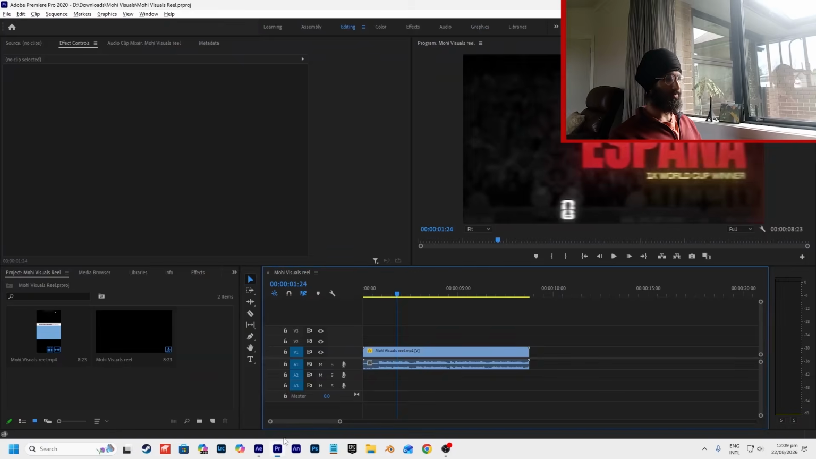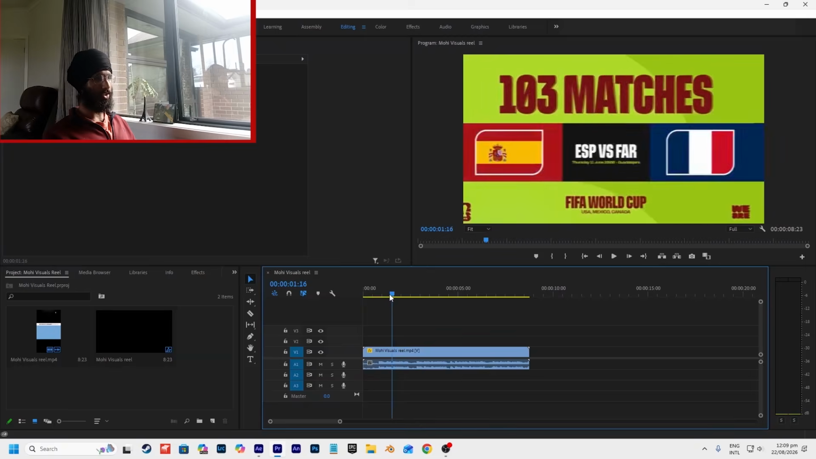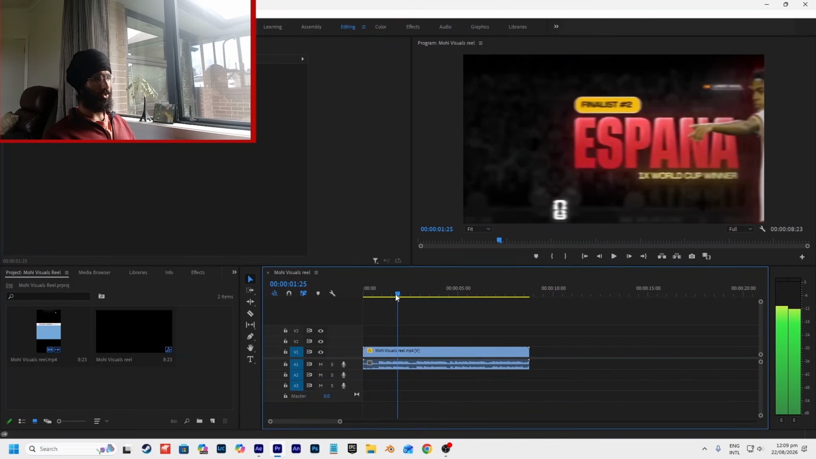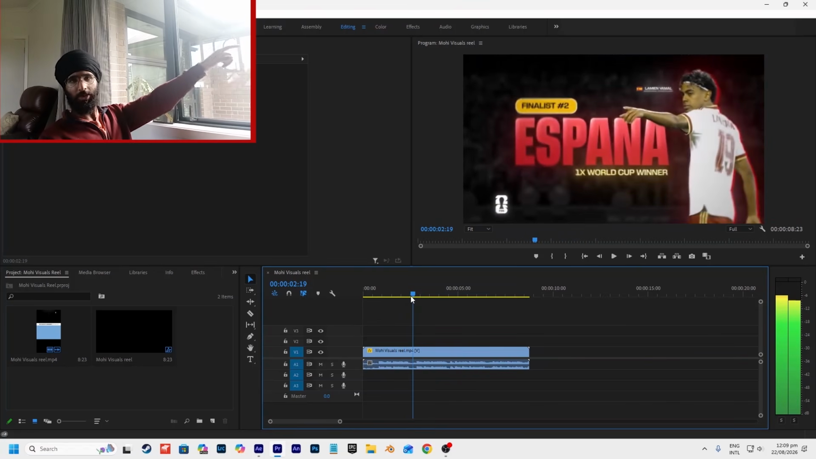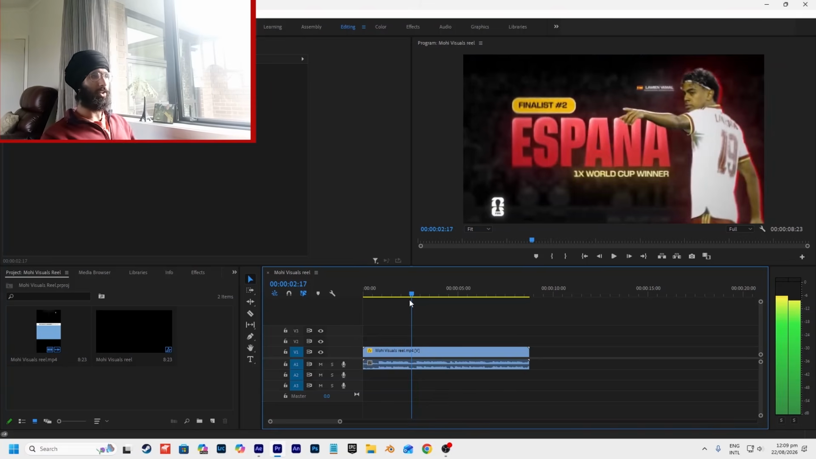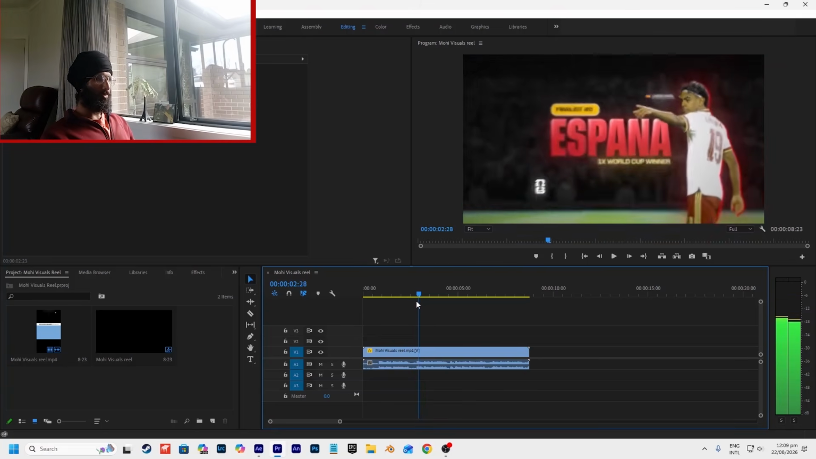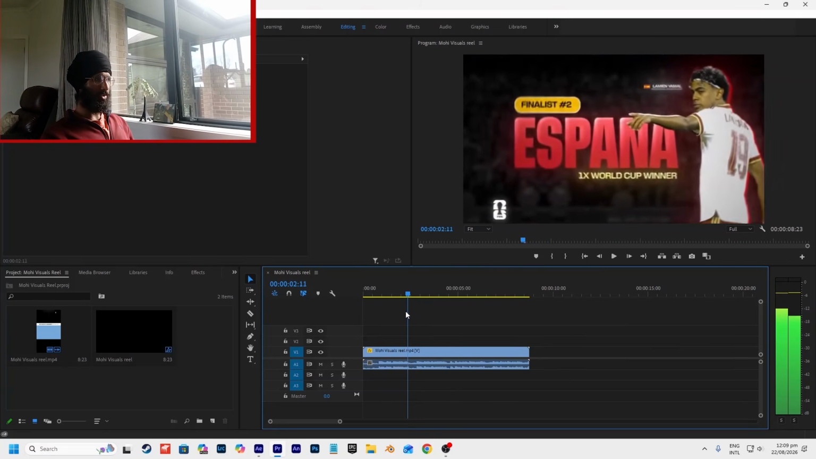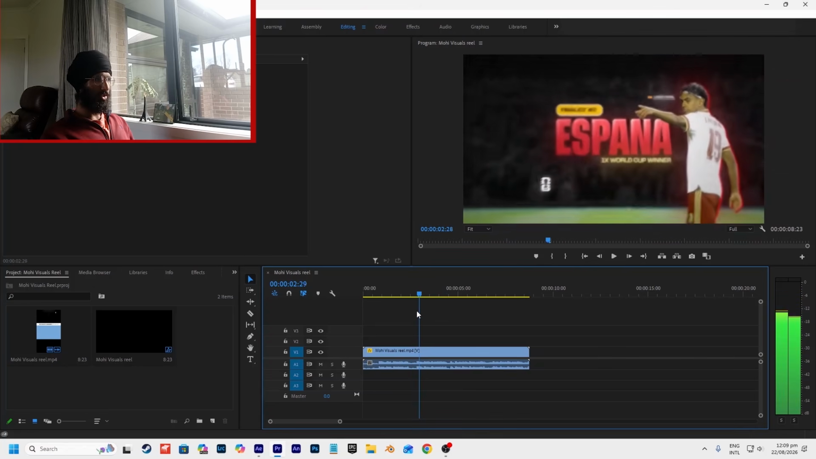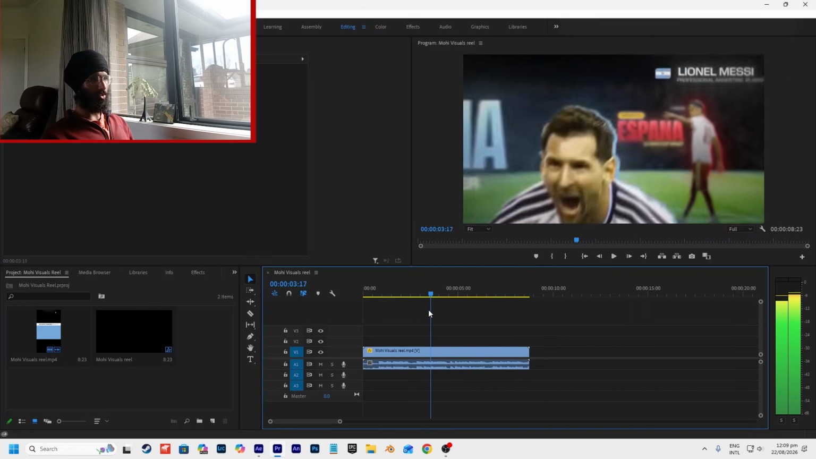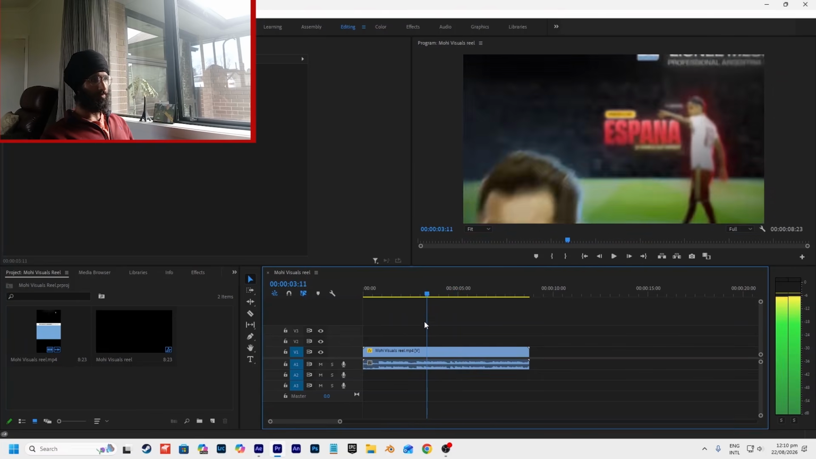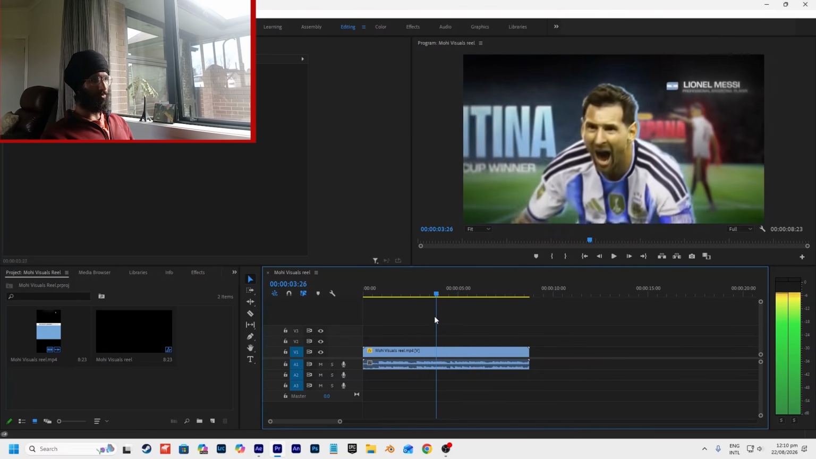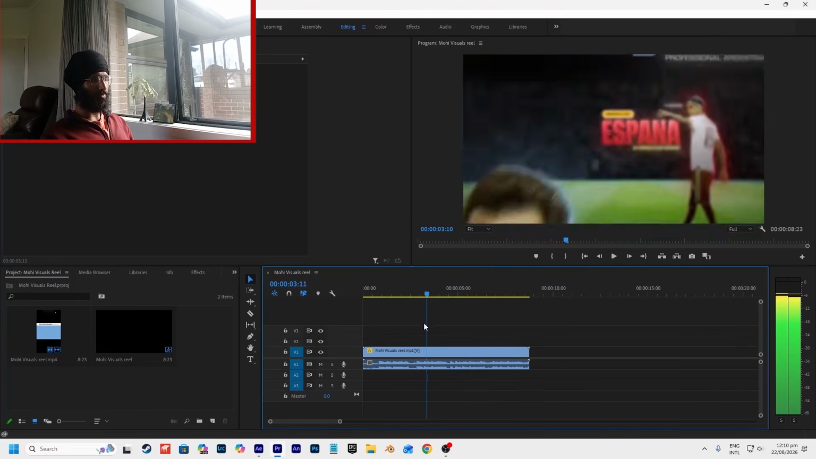So for the next scene, we'll just take a look at what it looks like. It's the same stuff, but you'll see Lamine Yamal's arm is kind of moving. So I'll show you how to do that. But first we have to get the photo. And another thing is the camera does blur out that part of the scene there. So yeah,